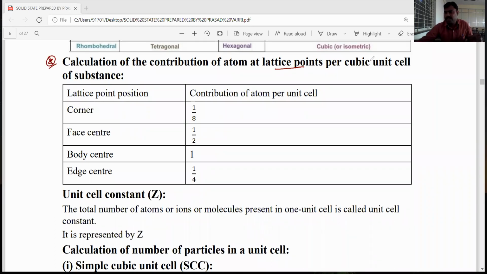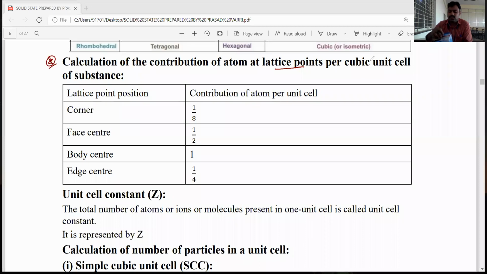In one unit cell, for example, you have to imagine that this is a unit cell, dear students. These are the corners. How many corners are present? 1, 2, 3, 4. So 4 corners on top and 4 corners at the bottom, a total of 8 corners. Then the face centers: 1, and the opposite one is 2, this is 3 and this is 4, and with top and bottom, a total of 6 faces are present. And the body center is inside, exactly at the center of the cube. One body center is present, dear students.